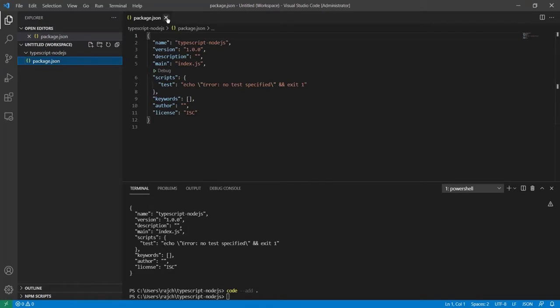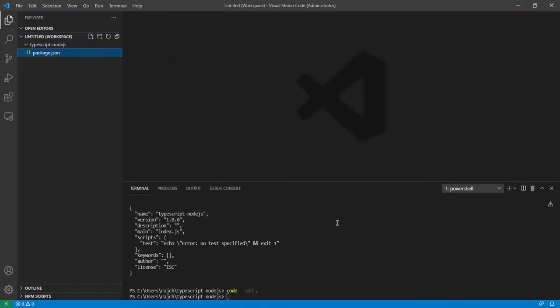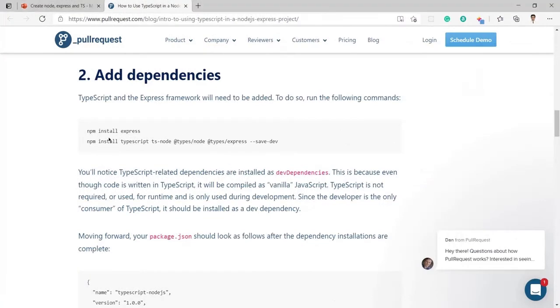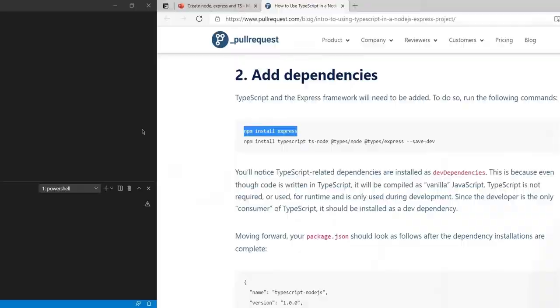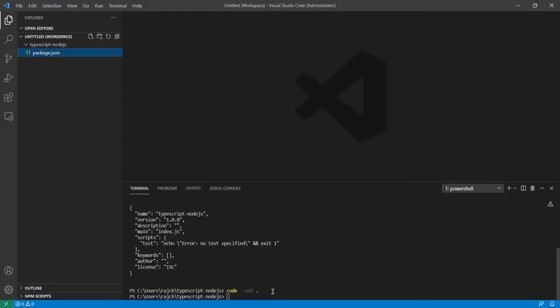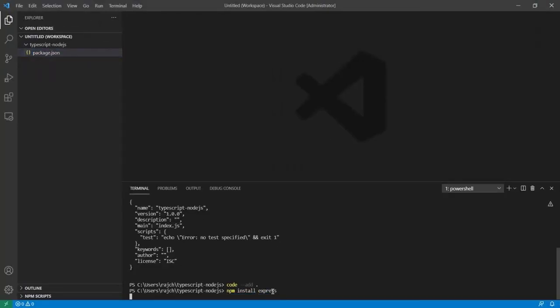I will close this, and the next command I am going to follow is to install Express. I will go ahead and paste it here, and you can see it is installing Express now. Let it complete first.